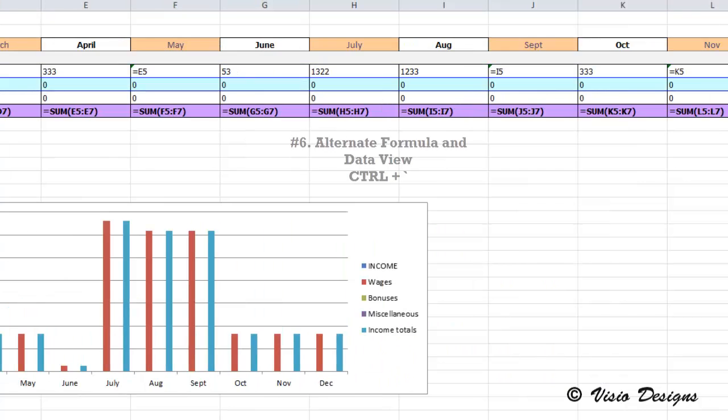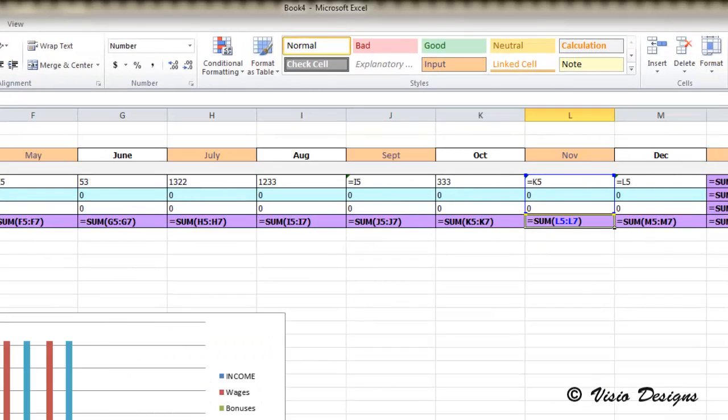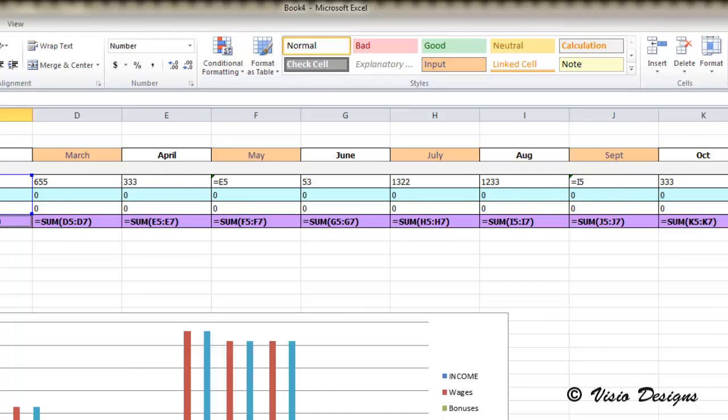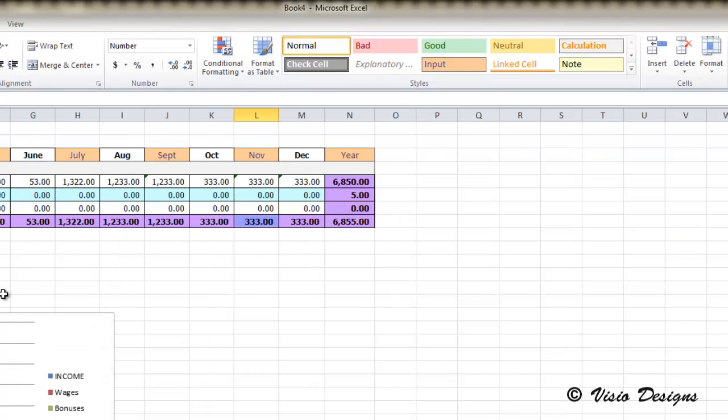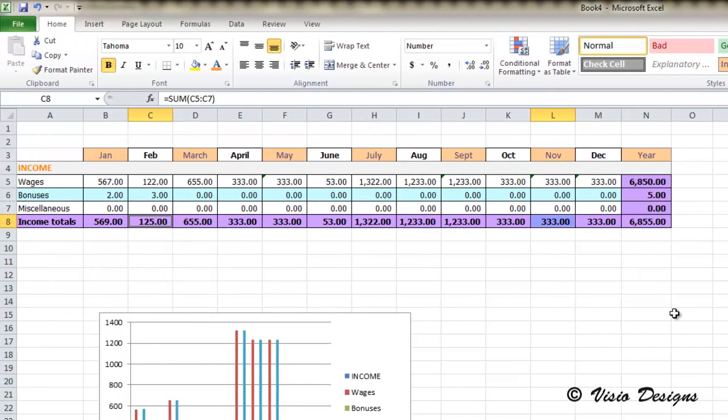So we look at it. This is really handy to figure out what's going on behind the scenes, what our document looks like. Hitting Control plus tilde again changes the view back to normal. Alright,